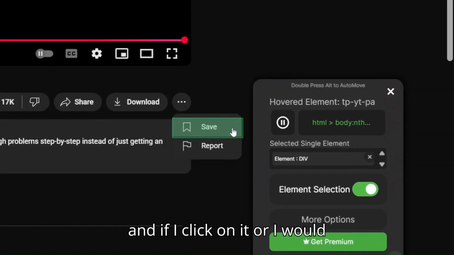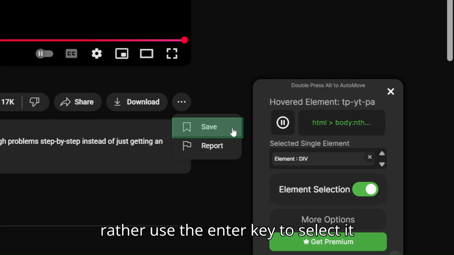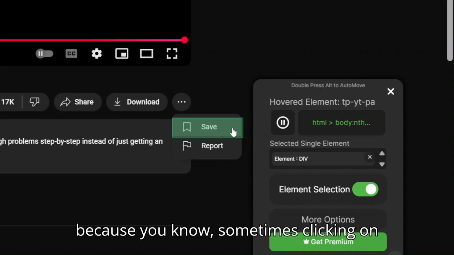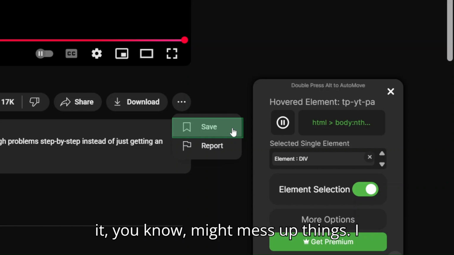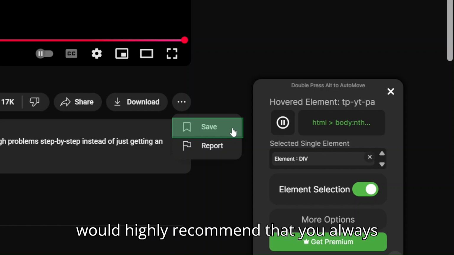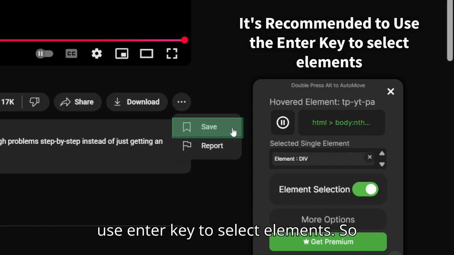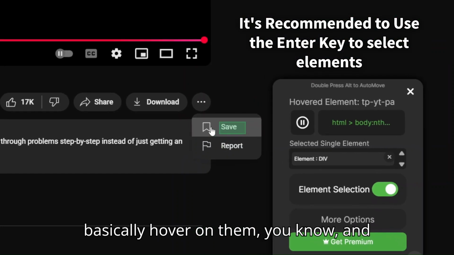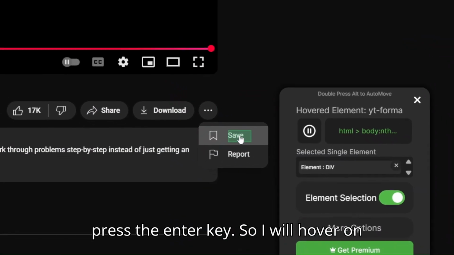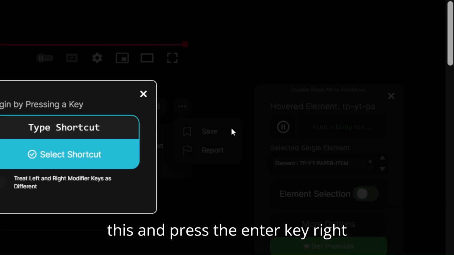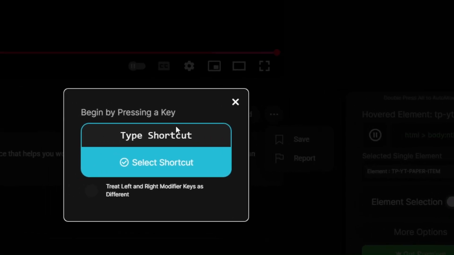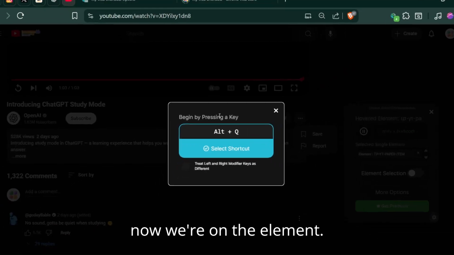and I would rather use the enter key to select it, because sometimes clicking on it might mess up things. I would highly recommend that you always use enter key to select elements. So basically hover on them, and press the enter key. So I will hover on this and press the enter key. Alright, now we are on the